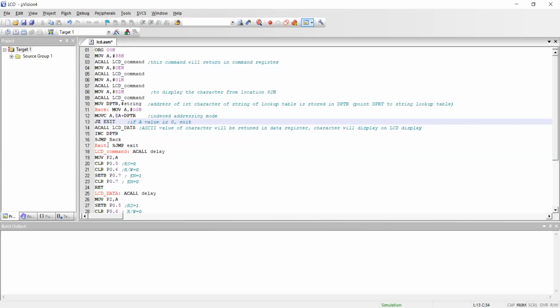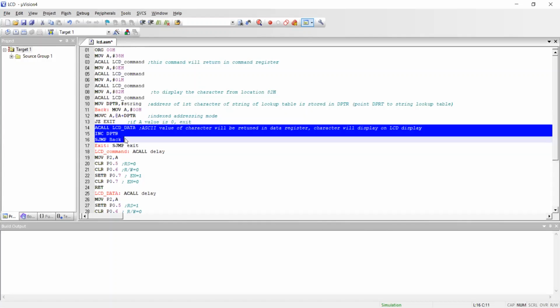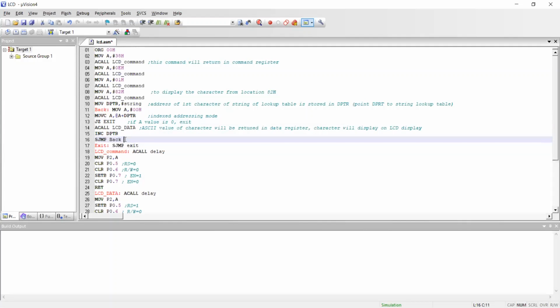If it is not 0, it will run these three lines. That means it is checking whether the value is 0 or not. If it is 0, the program will end. If it is not 0, what will happen?